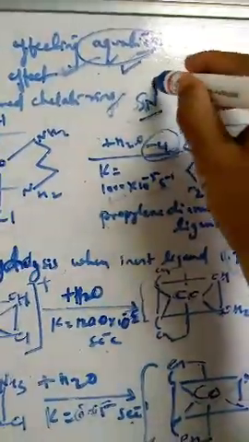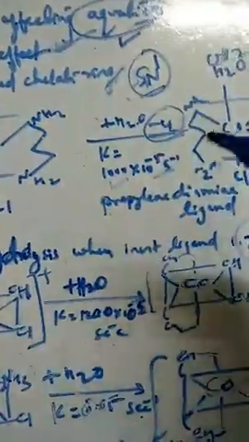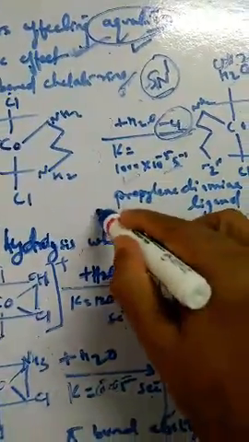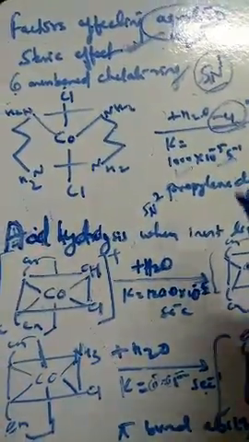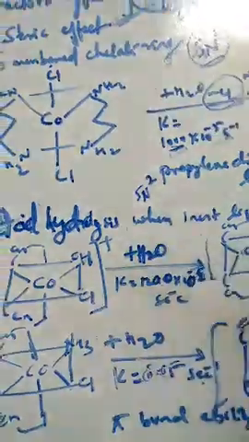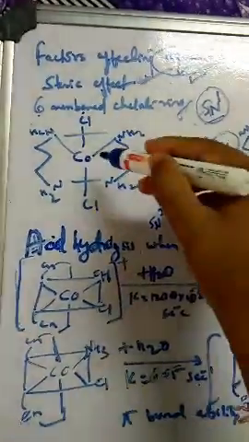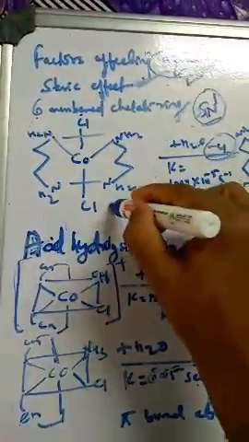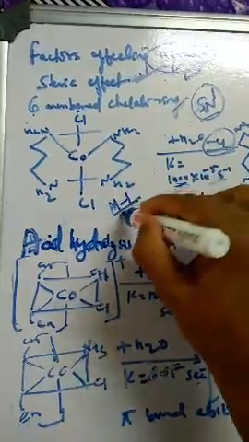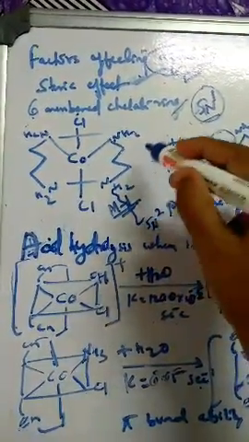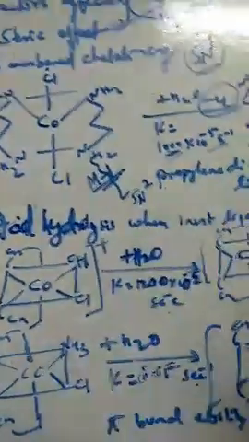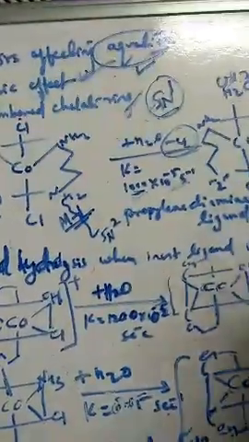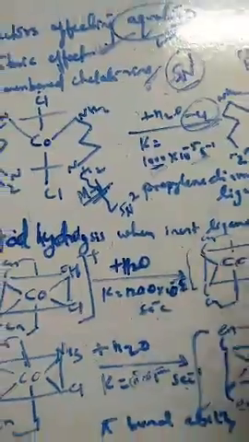With respect to SN1, I told you in the last video that if it is SN2 it is reverse. So that would be the least rate of reaction, very low, but here it is 1000. It is more here in SN1 because the metal to ligand bond can be easily broken in the presence of what? In the presence of the steric hindrance. So this is a beautiful example.